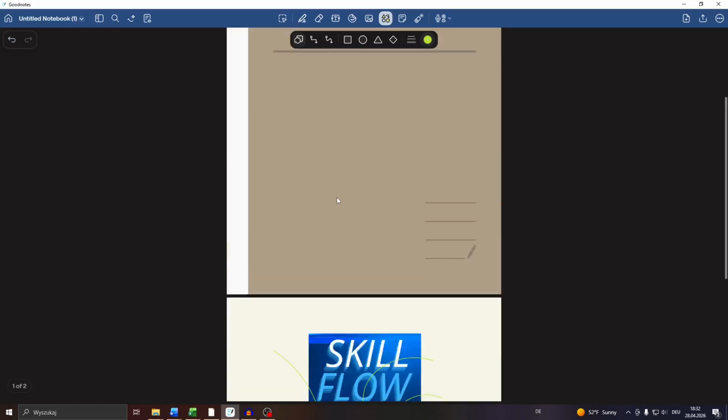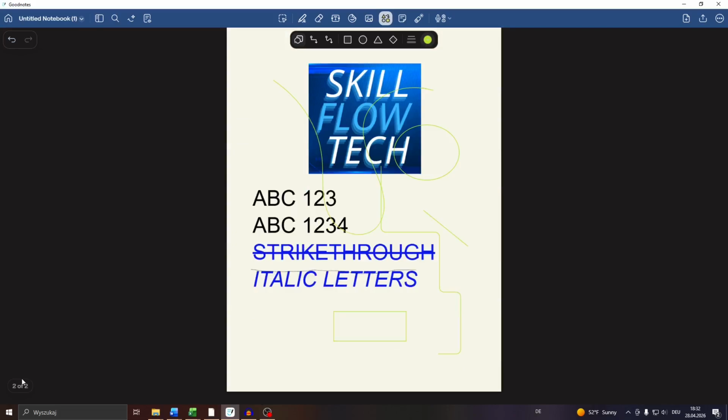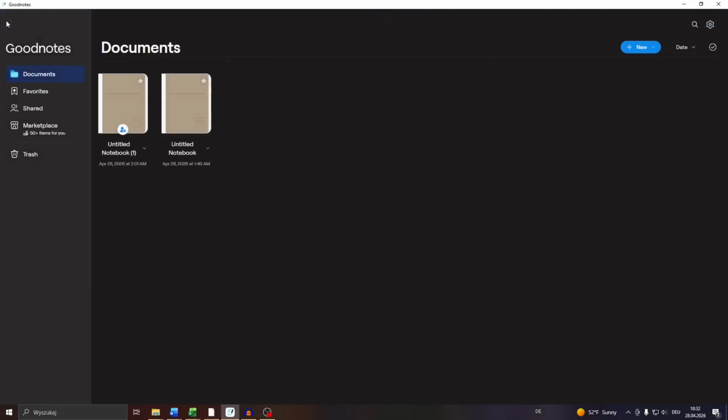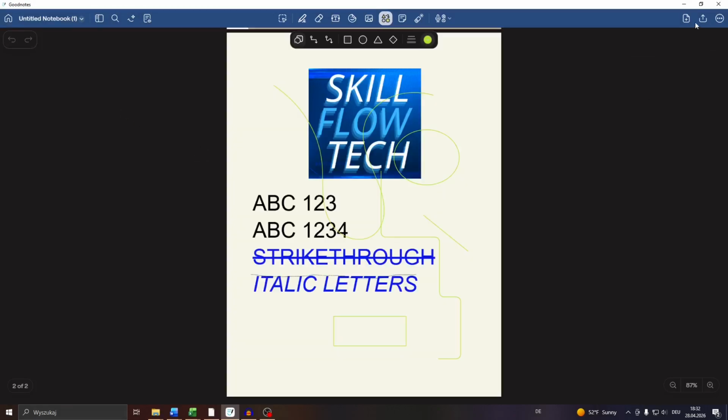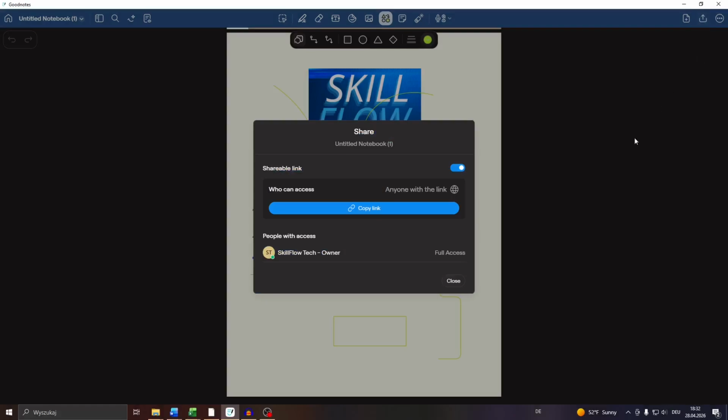Open up the Goodnotes application, and what you want to do is navigate to the given document. So let me head back to the home section, select this document here, double click into it, and here in the top right, click into share and export, and below you will see the shareable link. So to disable it, click into this button at the top, and here you may disable the shareable link,